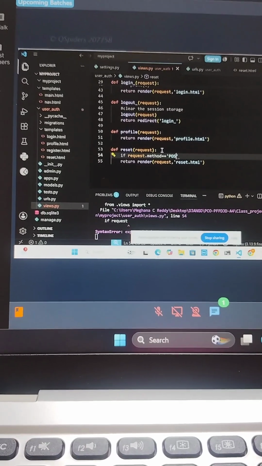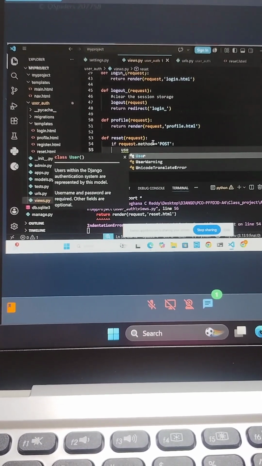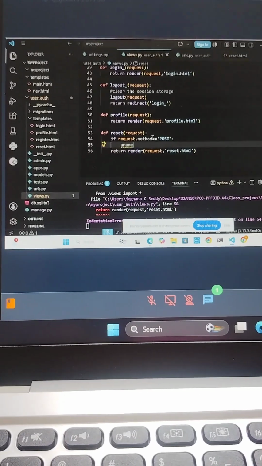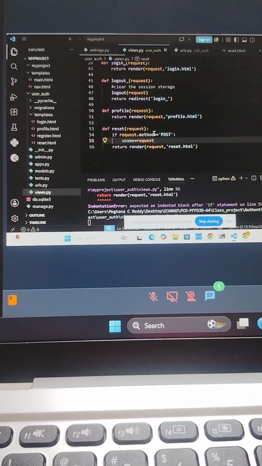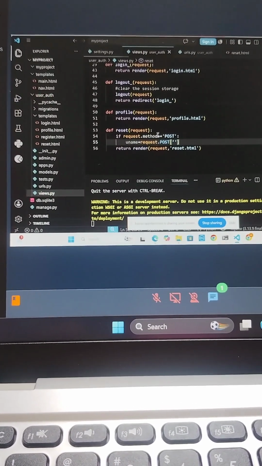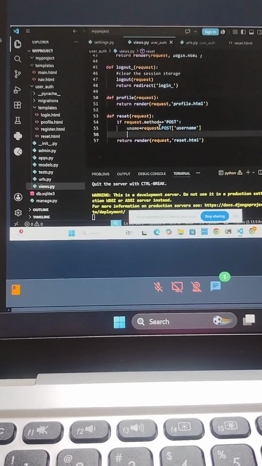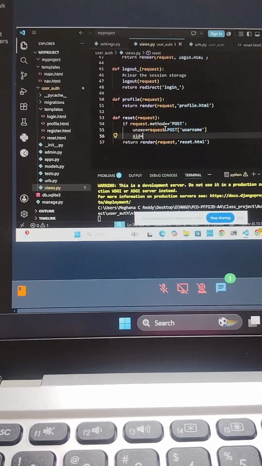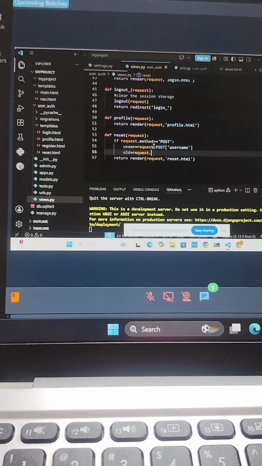If request dot method equal to post, I am going to get the username and the password. Uname equal to request dot post username, then old equal to request dot post